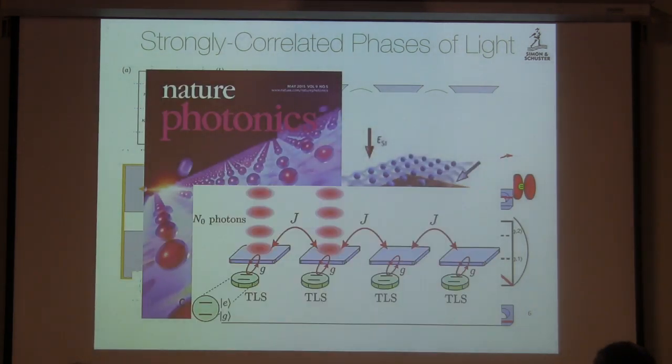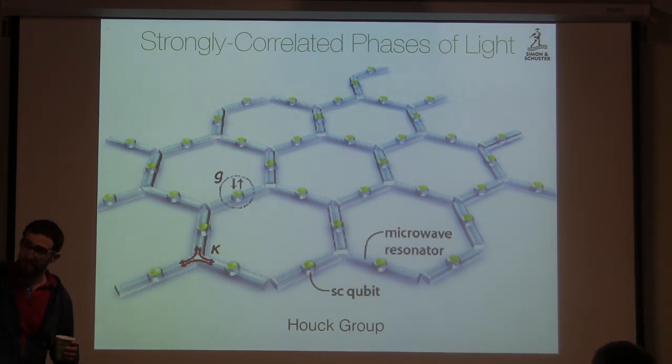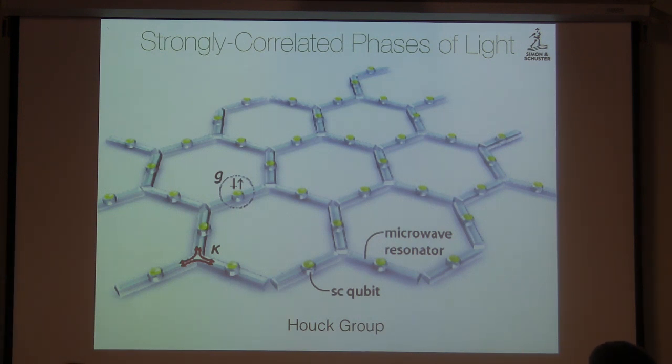So people had all of these different pictures of what a system of coupled cavities that microwave photons or optical photons might live in could look like, to mimic this cold atom story. And so what I want to tell you about is how this has been implemented in a couple of different groups around the world in this circuit platform, and how you should think about that platform, and then how we've implemented this, what I would call sort of chemical potential for light. So you'll see this throughout. The experimental work is done between my group, my last name is Simon, and Dave Schuster's group. His last name is Schuster.